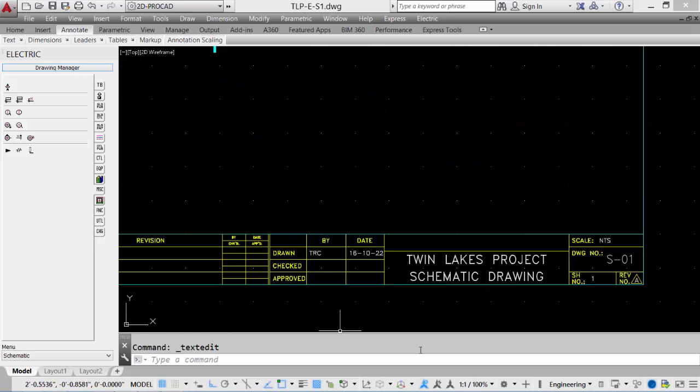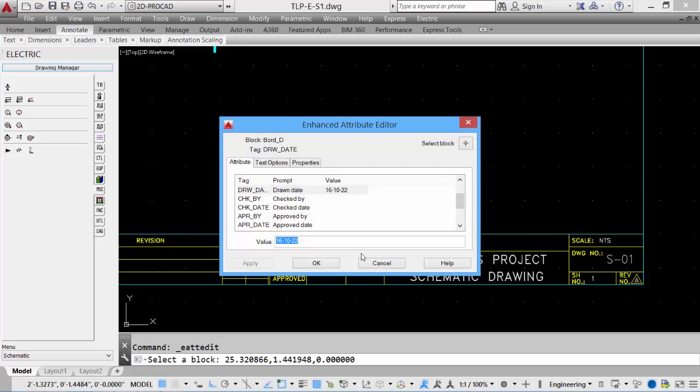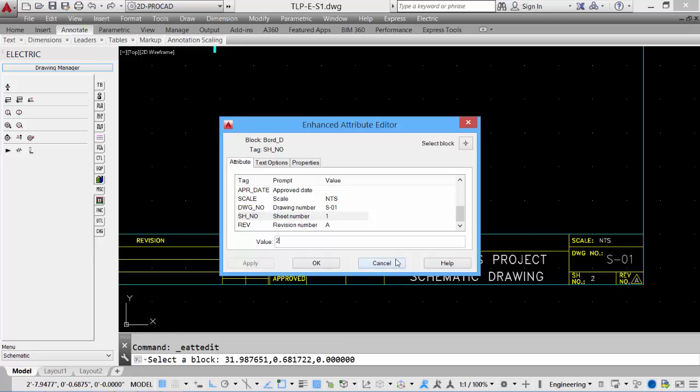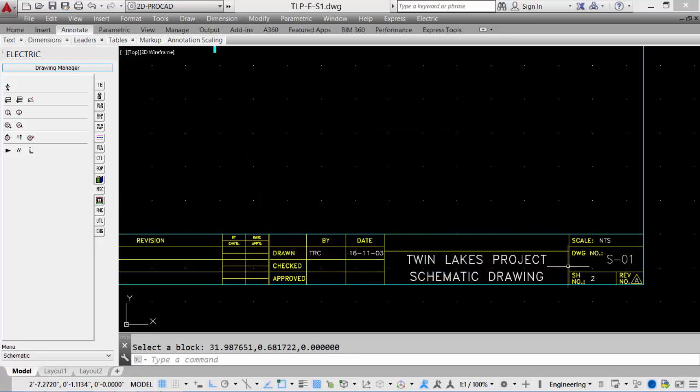For our title information, nothing more than double clicking the text if we need to make changes. Click apply, and the text information is updated. If this was sheet 2, you could double click that, change it to sheet 2, apply, and OK, and it